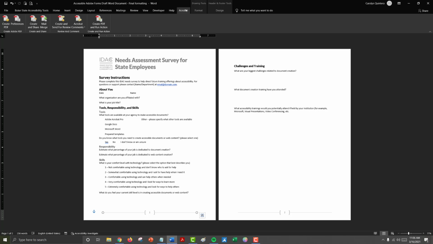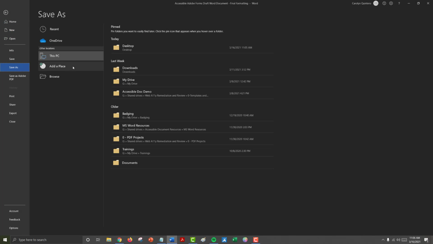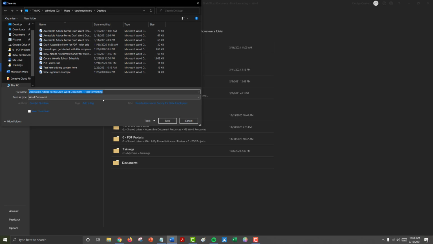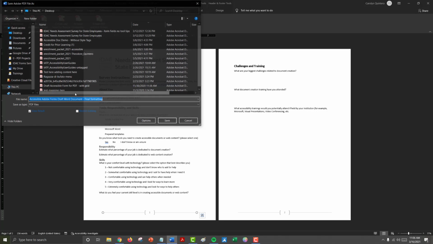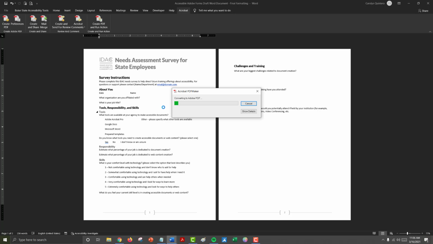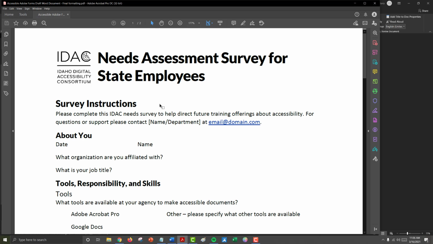So you can either use the Adobe plugin to create PDF, you can do File, Save As, and change the Save As type to PDF, or you can use the Save As PDF quick link. However you save it as a PDF, once you click OK, it's going to save your document as a PDF and it will open in Adobe Acrobat Pro. I have mine set to automatically open in Adobe Acrobat Pro. If yours doesn't, you can go find that document where you saved it and open it in Adobe Pro.